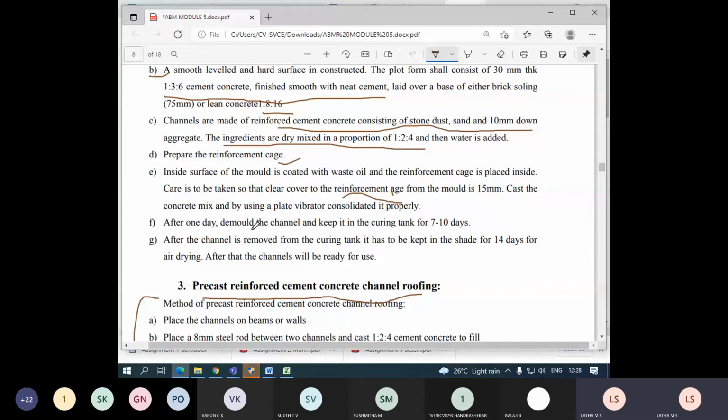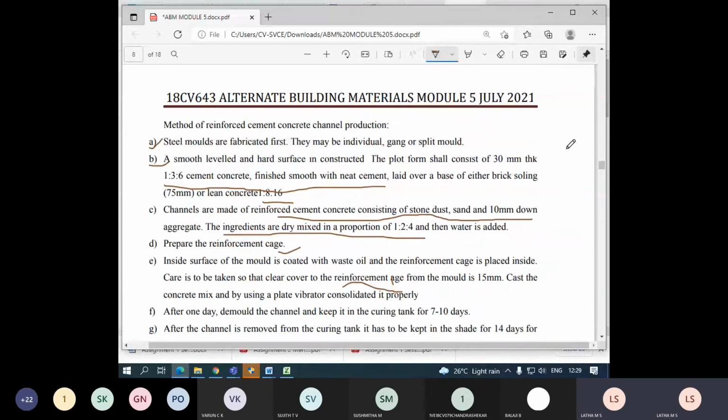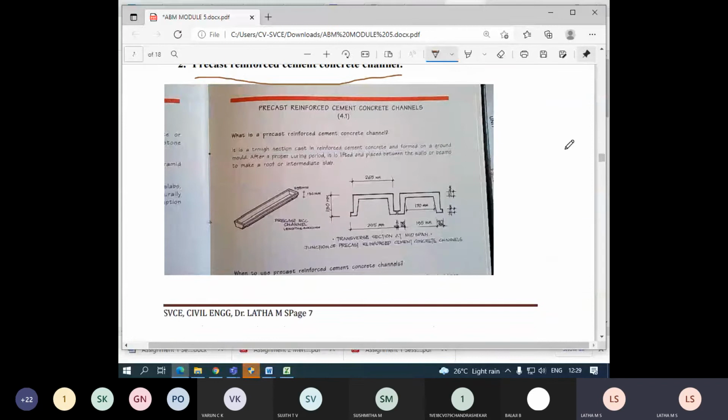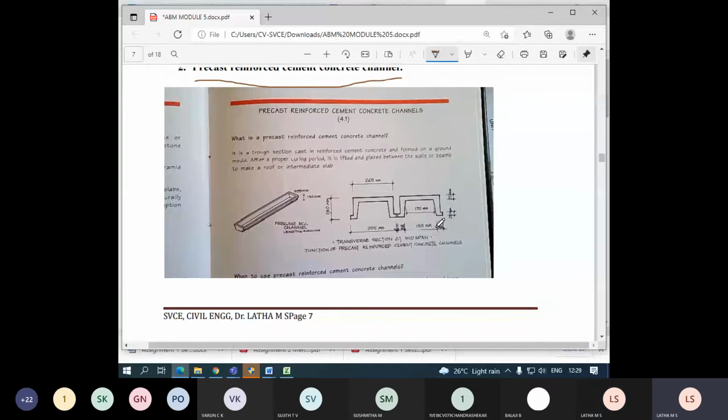Any question being asked, students, you have to write the same lines. There's not much difference. Is that clear to you, students? This is one picture, one image from a book that I have taken, illustrating that this is a channel, and this is the section used. This is the length, what you saw in the beam video, right, students? That is the length of the channel, and this is the cross section of the channel.